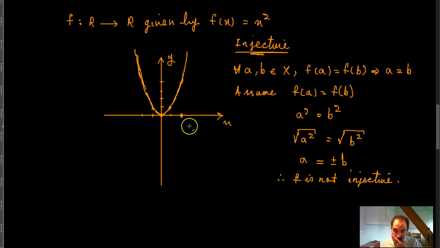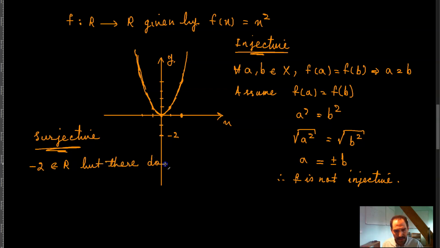Now, for the part where you want to decide whether f is surjective, you can argue that, for example, -2 belongs to R, which is this -2 over here. But this is not mapped to anything because you can see the function is up here. So -2 belongs to R, but there does not exist any element x belonging to R,